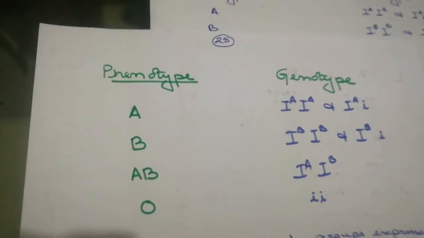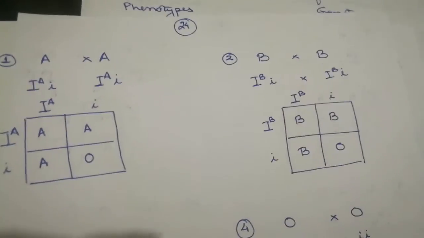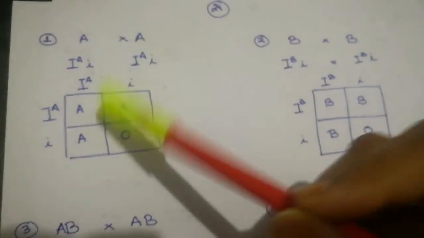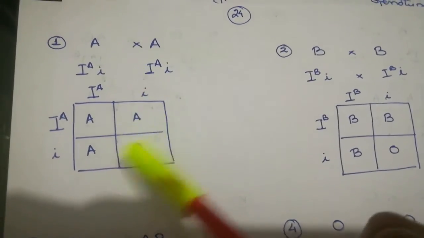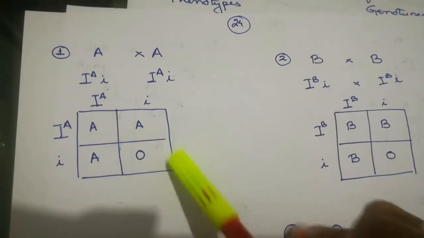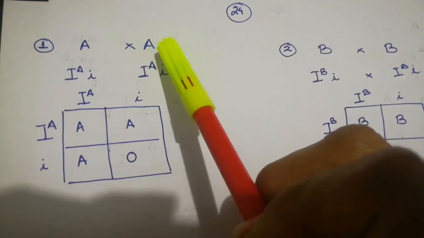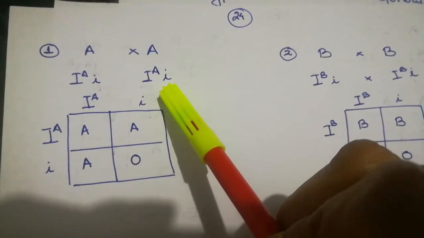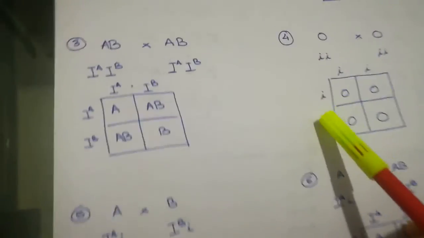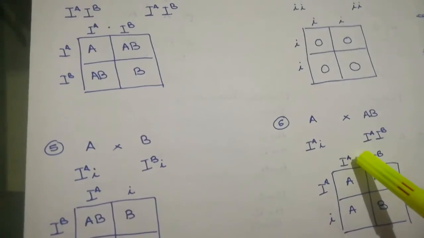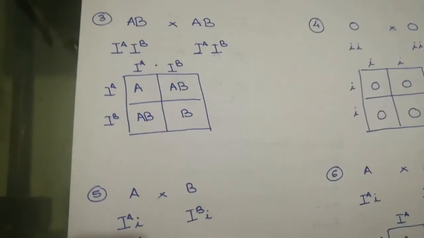Okay. Now, let's see some examples. Normally, in entrance level exams, the basic blood group questions come. Suppose in a question it is given that the parents have blood group AA, what are the offspring? You don't have much time to calculate, so better go for the Punnett square. If the phenotype is AA, we will write the genotype in this manner, put it in the Punnett square, and the blood groups are easily calculated. Now, several examples are given. So go through each and every example. These are simple expressions. Go through them and you will easily understand them.